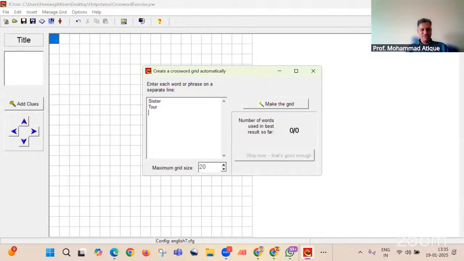The third one, let's say, UK, and so on. You may have any number of keywords in this manner. So sister, tour, UK are the 3 keywords I have kept for the sake of example. I can define the maximum grid size here, but I'll simply click on Make the Grid.